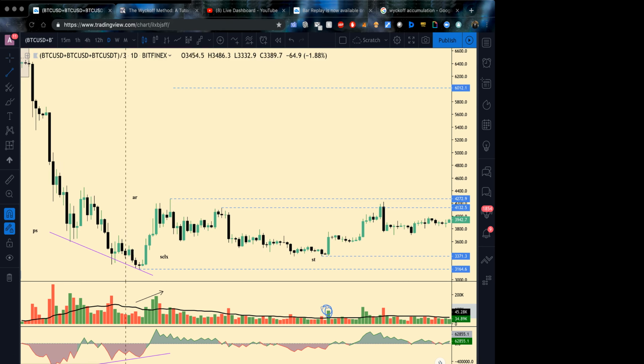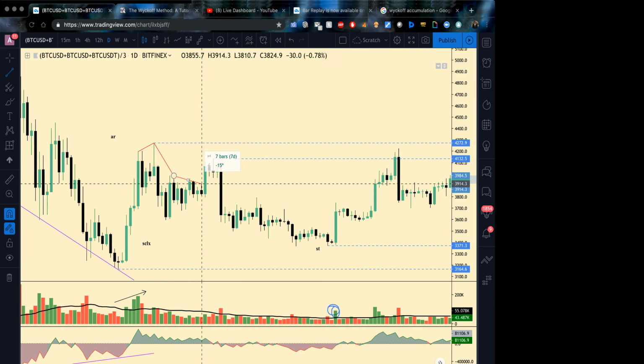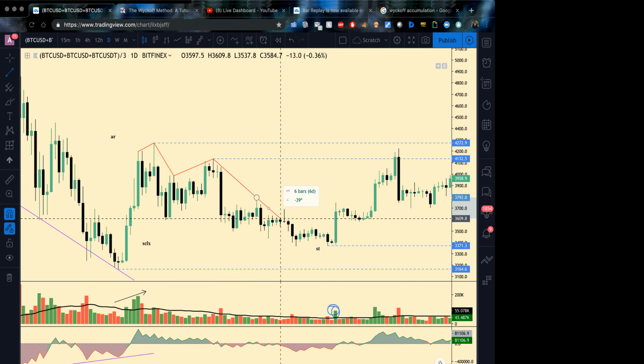Cool. Another thing that you're going to want to do whenever you have a range, and these two things go hand in hand, which is kind of why I'm talking about 2 points at once. I'm going to show you why this candle is important. Whenever you set the top of your range, you're going to want to draw a dynamic resistance that essentially goes over all of your highs of that range, right? And so what that'll look like is, boom, here, selling pressure or buying pressure. And then you're just going to want to connect the dots on the tops of the range. And you're going to do that up until